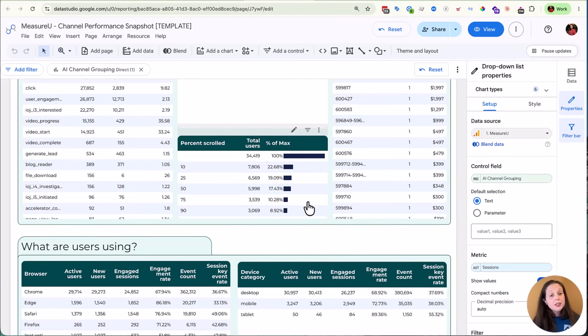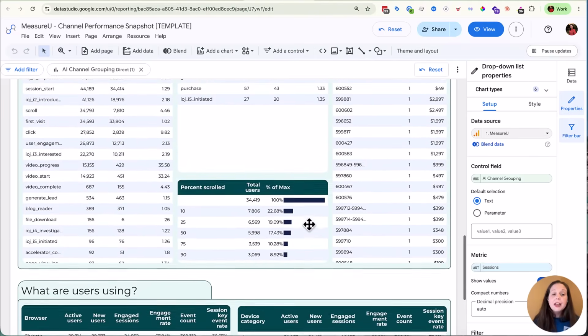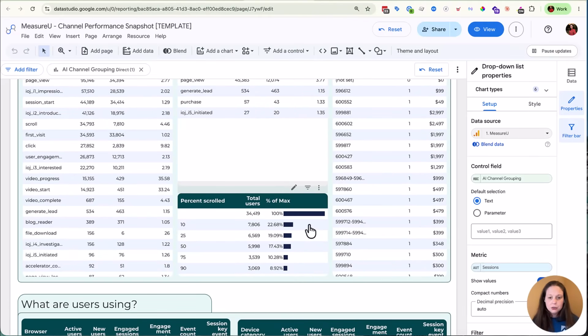And look at here. So the AI traffic is scrolling to 90% almost twice as much with this traffic. So obviously it's a whole lot more people. So we don't know if AI would, once they had that many, would it scale the same way? We don't know, but it's just a good way to kind of compare to another traffic source.